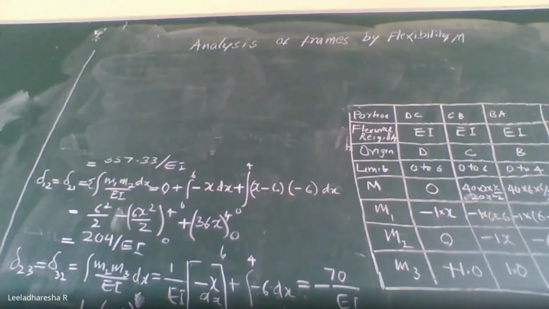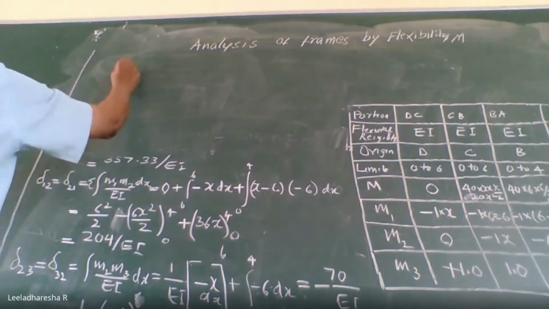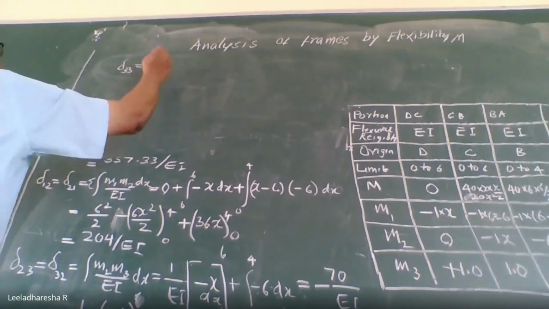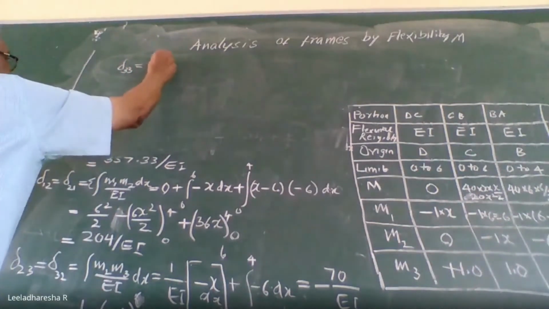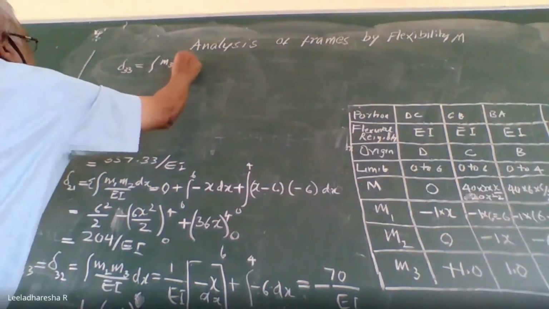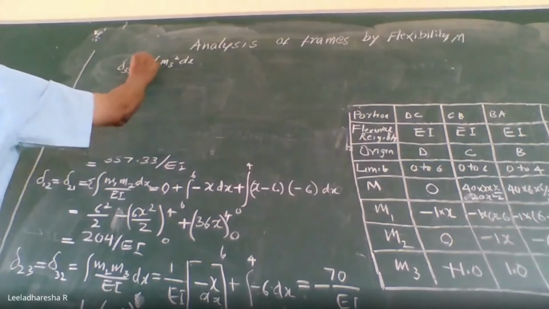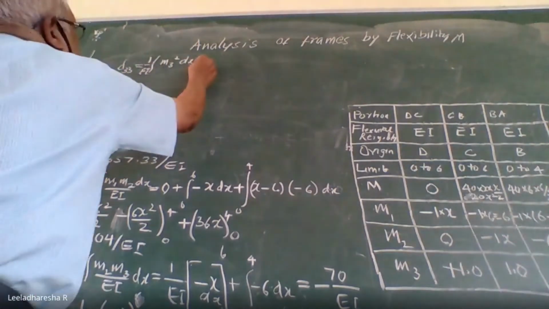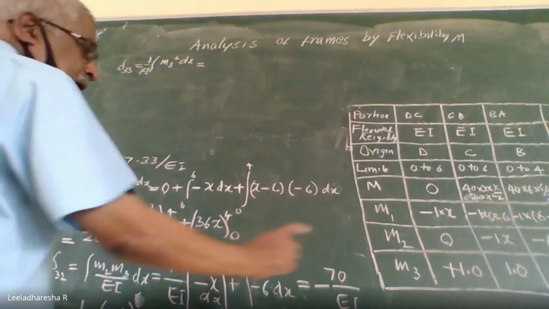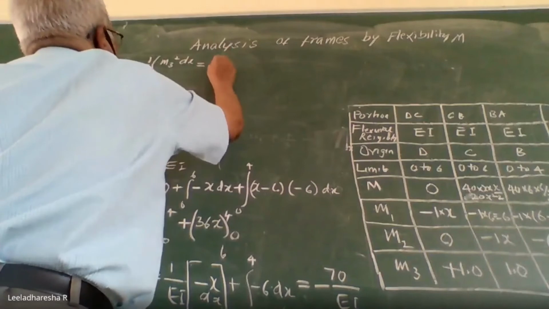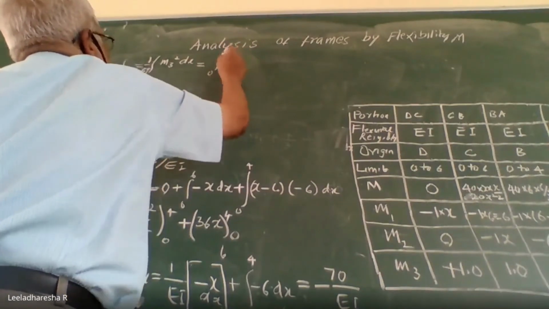So delta 3 3 is nothing but equal to sigma integration m3 square into dx into 1 by EI. 1 by EI, we will keep it outside. So m3 square, 1 square is 1 itself. So 0 to 6,